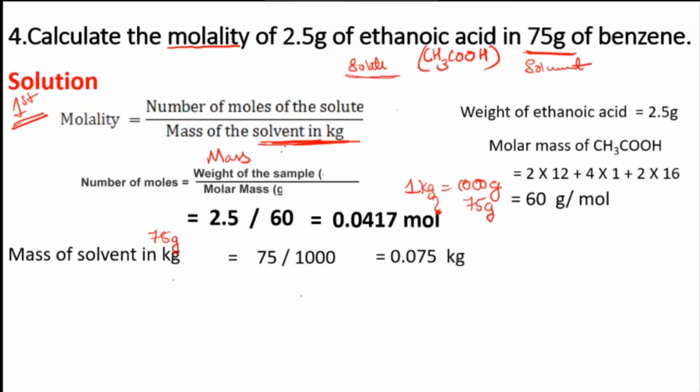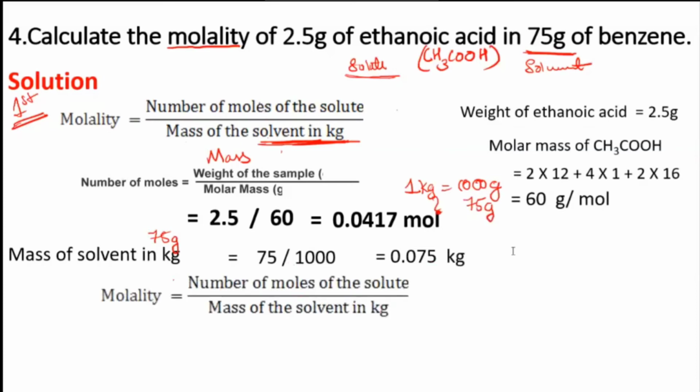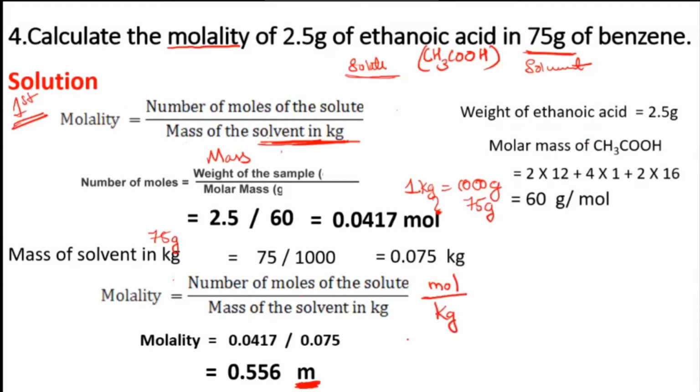Now both the calculations are over. Now substitute in the formula. Okay, so your answer, how much is it on dividing both of this? Yes. Yeah, correct. Very good. 0.556, small m, okay? Molality or another unit. Yes, very good. Correct. Another unit to write: number of mole is in moles divided by, yeah, kg. Okay, so mole per kg. Mole per kg. Very good.